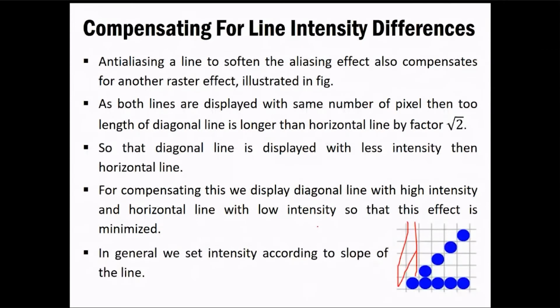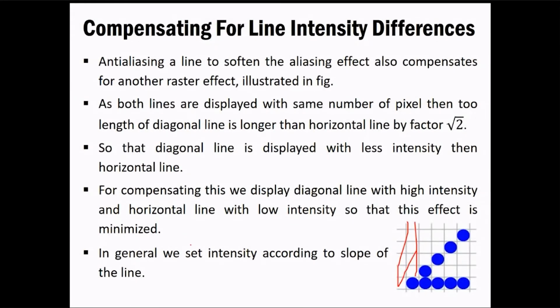Okay, so what it says, in general we set the intensities according to the slope of the line. But obviously in the practical scenario, you are not going to check each and every line. So basically one thing you can check is the slope of that line. Okay, so in general we try to set the intensities according to the slope of the line. So we are trying to compensate the difference that we are dealing with. Okay, in the actual scenario, what it says is, you have two things as of now in the figure.